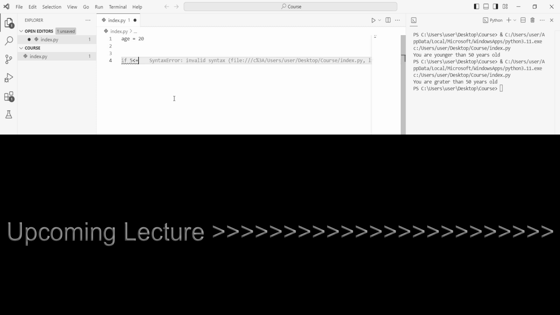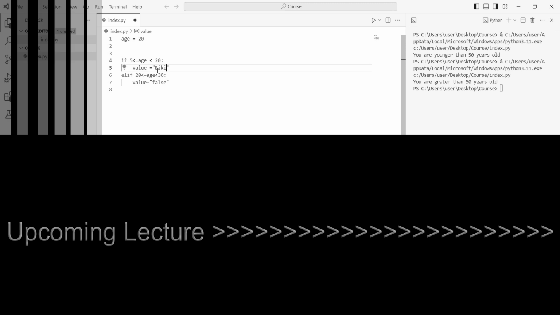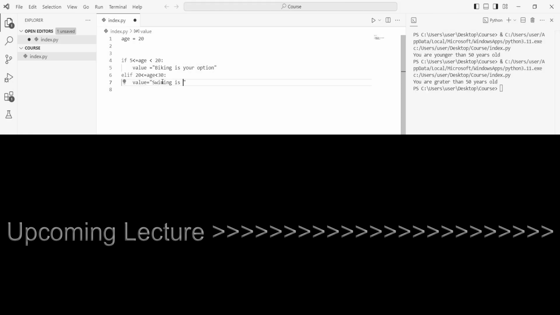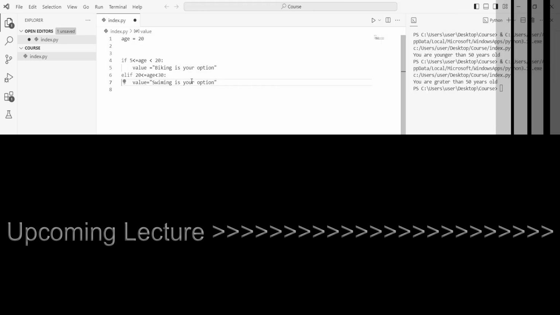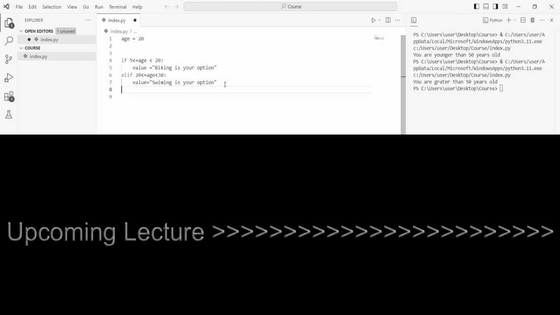Always the equal is on the right. Biking, swimming is your activity option anyway, and elif your age is